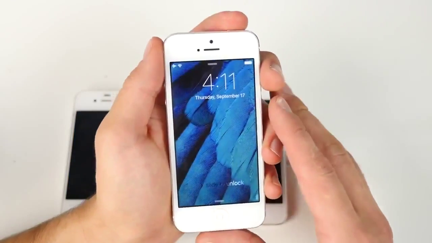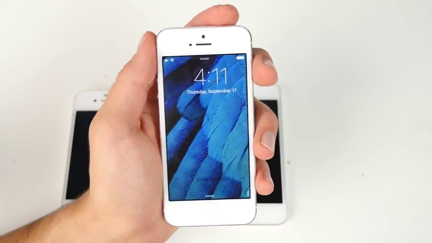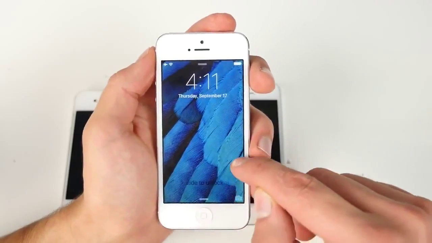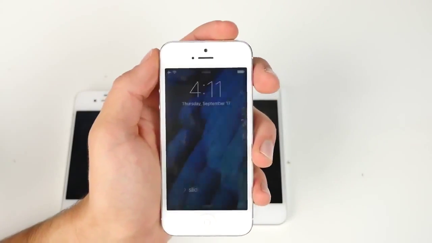As you can see, nice. There's a nice bug right there. Anyways, in this video, I'm going to be showing you the performance of iOS 9.1, comparing it to iOS 9